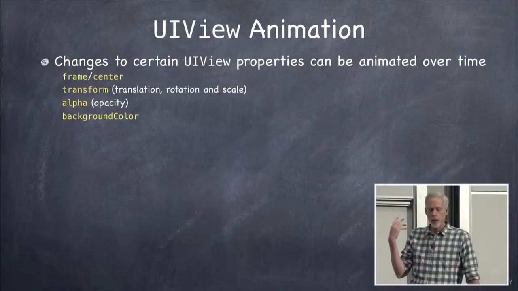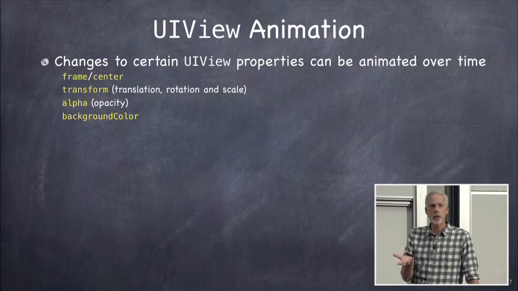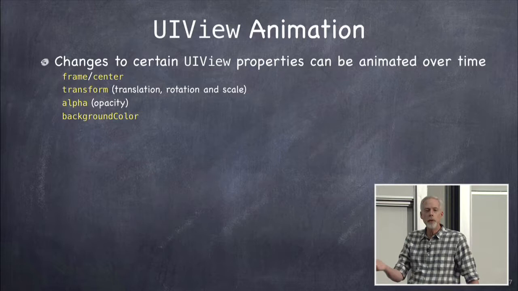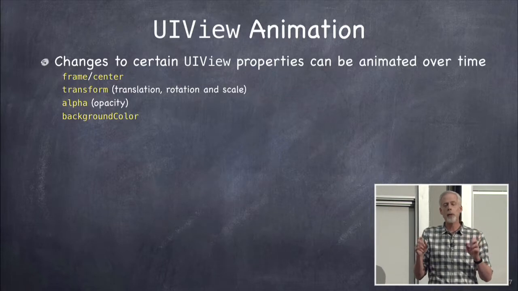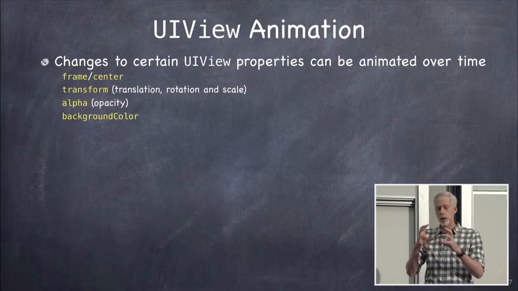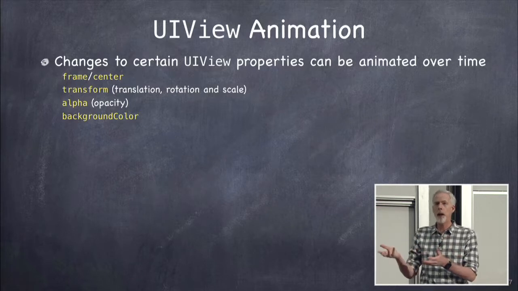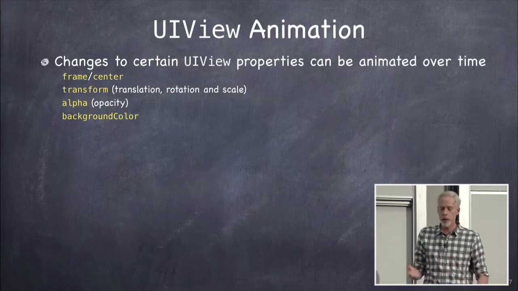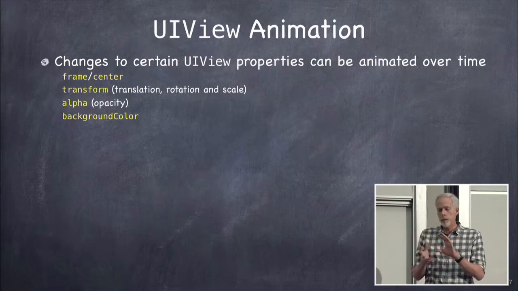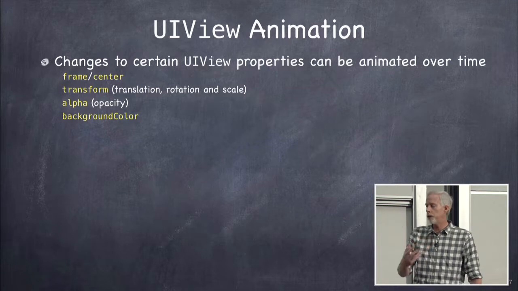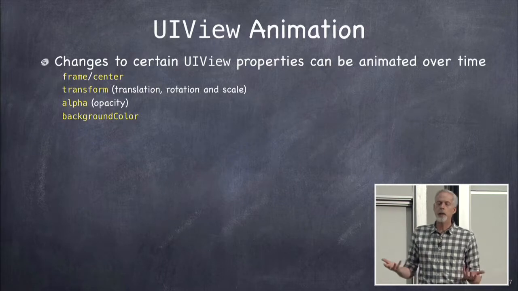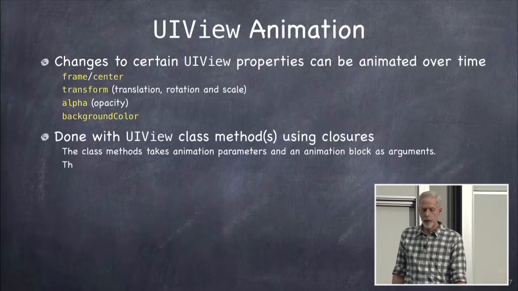What can you animate? Well, these are the things you can animate. You can animate the position of your view, so you can make it move, sliding around on screen. You can animate its transform, which primarily means its size or its rotation, because the translation part of the affine transform you're pretty much going to do with frame or center. So you can rotate your view or scale it up and down. There's alpha, which, remember, is opacity, so you can have things fade out into oblivion or fade in. And then, not very useful, background color. You can animate the changing of your background color from one color to another.